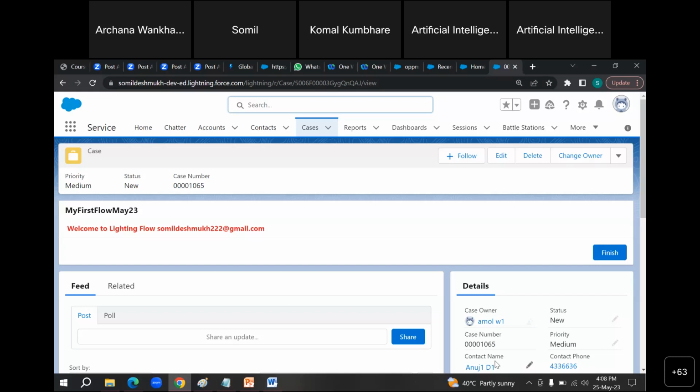How many users, like suppose there is a license of admin. I want 4 Salesforce admins. Somebody wants 10 Salesforce admins. So that would depend. If somebody wants 4 Salesforce admins, then their cost would be less. If somebody wants 10 Salesforce admins, then their cost would be more. That depends on your side, what exactly you want, how much data you want, how many users you want. On that basis, you would be charged.